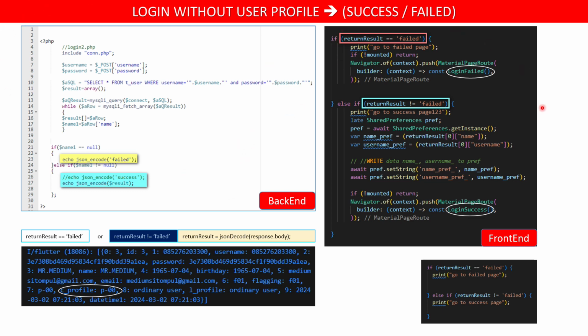This is the front end. If the backend returns fail, fail will be received on the front end, and if the result is not fail, the backend sends the result like this to the front end. On the front end, make an analysis.